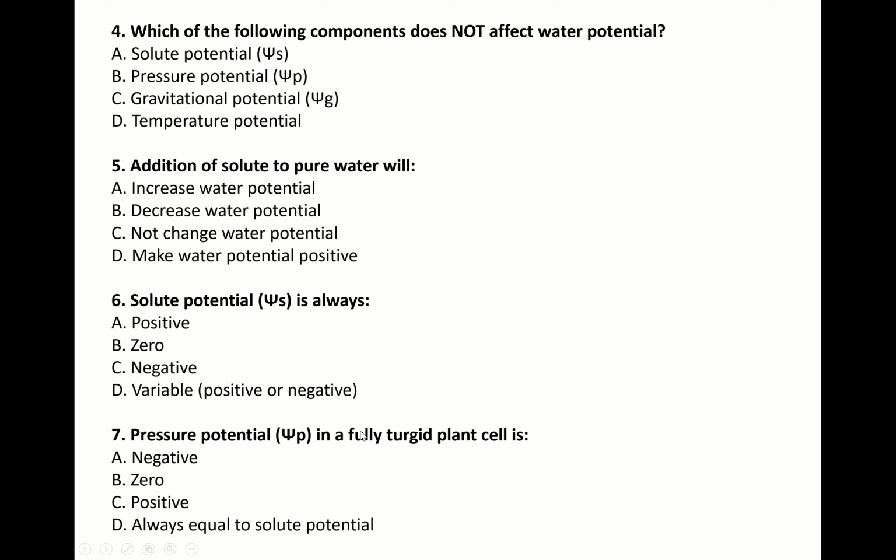Pressure potential in a fully turgid plant cell is positive. Why? Because there will be more amount of water. Okay. When the pressure is increased, when you add more water to the cell, obviously the cell feels some kind of pressure, and the walls of the cell feel that pressure, and they become turgid. Okay, the swollen or bulge condition is called turgid. This I'll be discussing in the coming lectures in detail. So then what happens? The pressure potential will be positive. So pressure potential is positive.